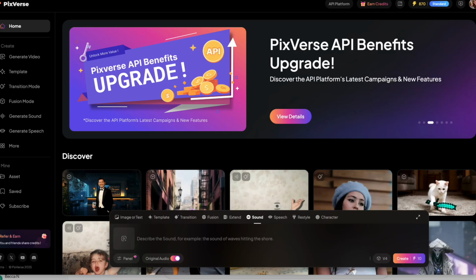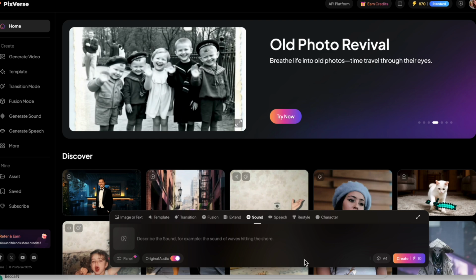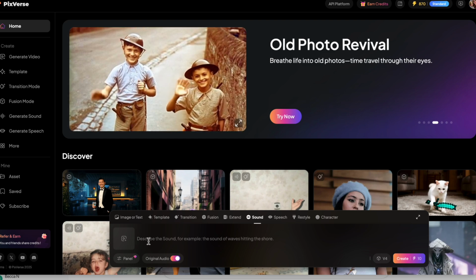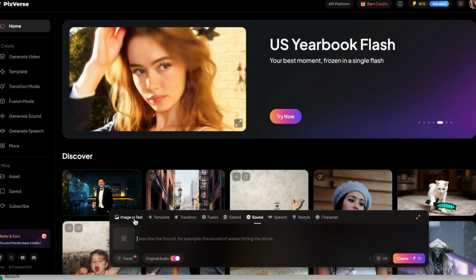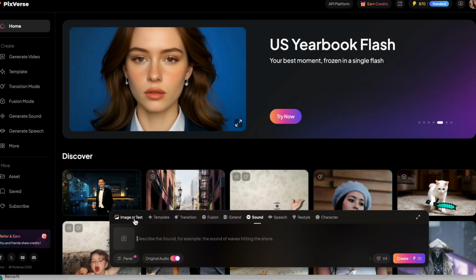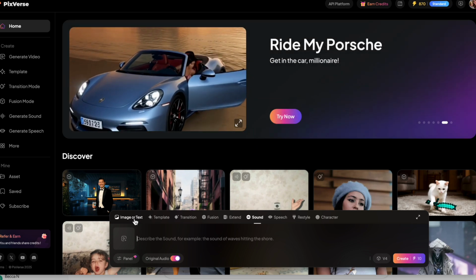Pixverse.ai. Okay, so now we are in Pixverse. I actually did purchase a subscription, which is like $8 a month. But what we can do here is upload all of our images and then go back to our GPT where it said that image to video prompt and paste that text in